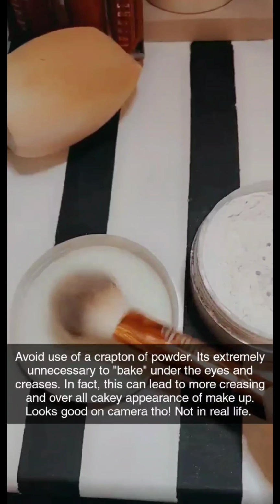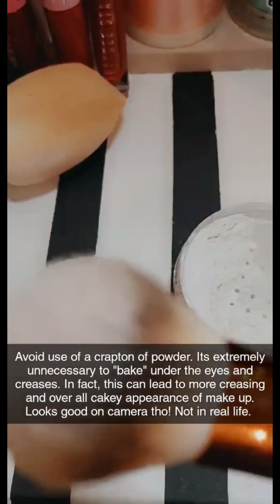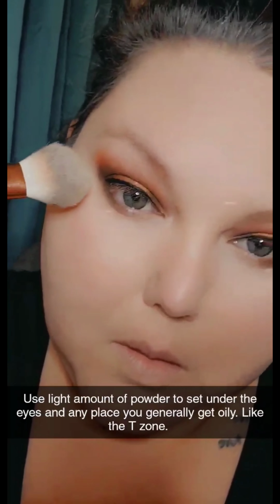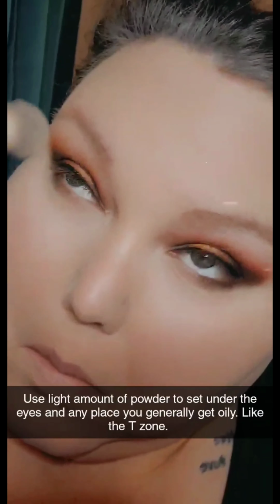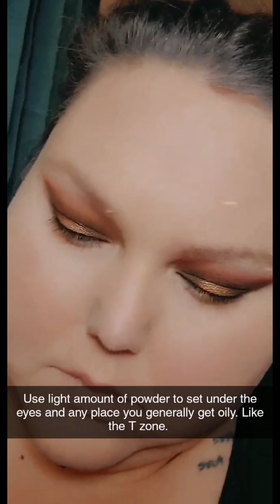And then right here, I'm showing you, I dip into the powder and then I bang off as much excess product as possible, because we don't want that much. As you can see, I had a little bit too much there. I didn't even want that much. So I banged off the rest off my brush. I'm doing my under eyes,